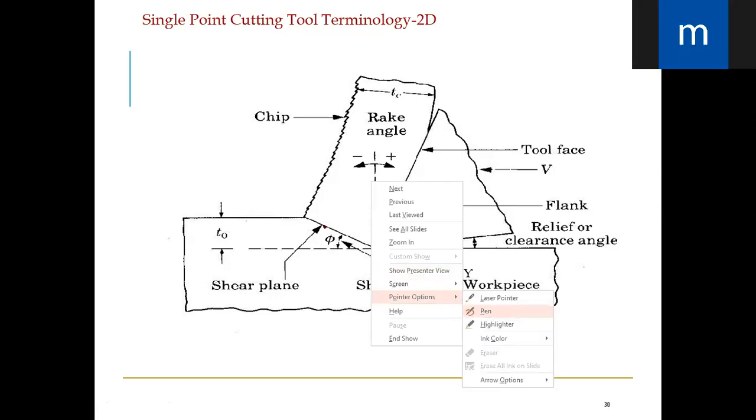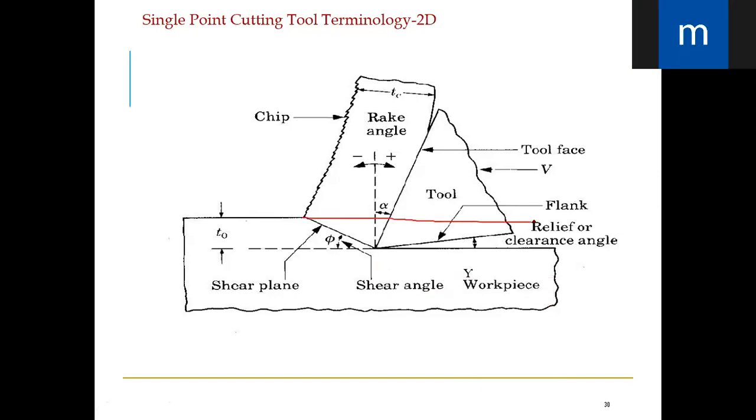Sir, what does rake angle mean, sir? Rake angle, I already gave it, I just told you. Rake angle is nothing but the angle of this face. This is the cutting edge, right? It is perpendicular to this cutting edge, you need to have some face. This surface we call a face. The face is the one on which the chip flows. How much this face is inclined with the vertical is called the rake angle.